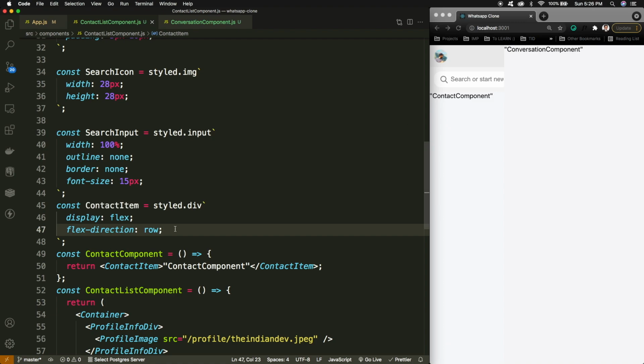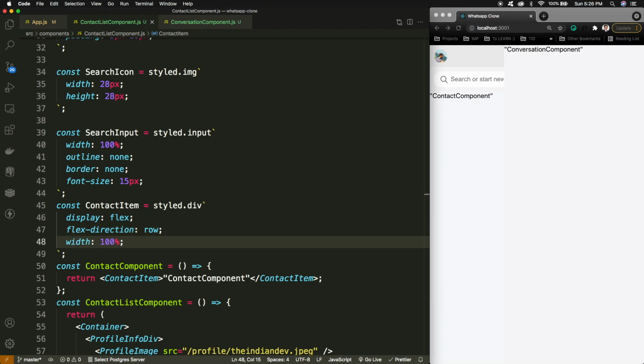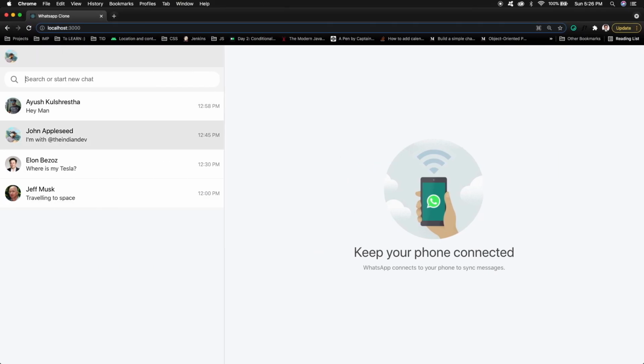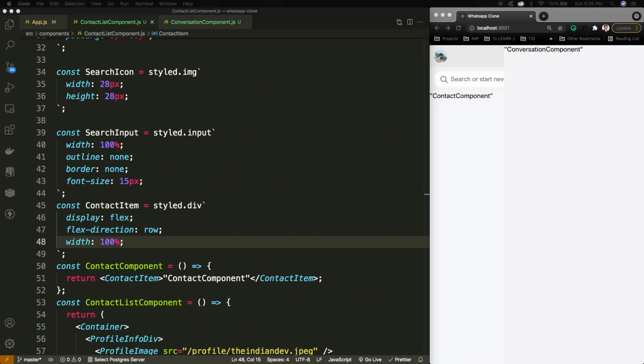Okay, so the contact component is here. Now we can define some more things, like the width is 100%, and we can define the border bottom, because you can see that there is a border below every contact item. This is a border of 1 pixel, a solid kind of border.